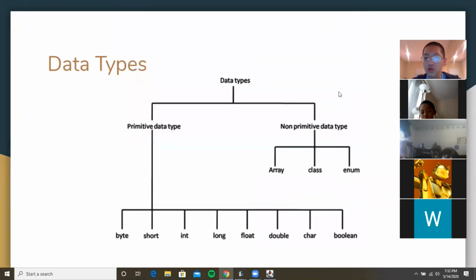What is true or false? True or false is exactly what it means. True means true and false means false. For example, if I say, is 1 plus 1 equal to 2, the computer will say that is true. But if you say 1 plus 1 equals 3, the computer would say it's false.